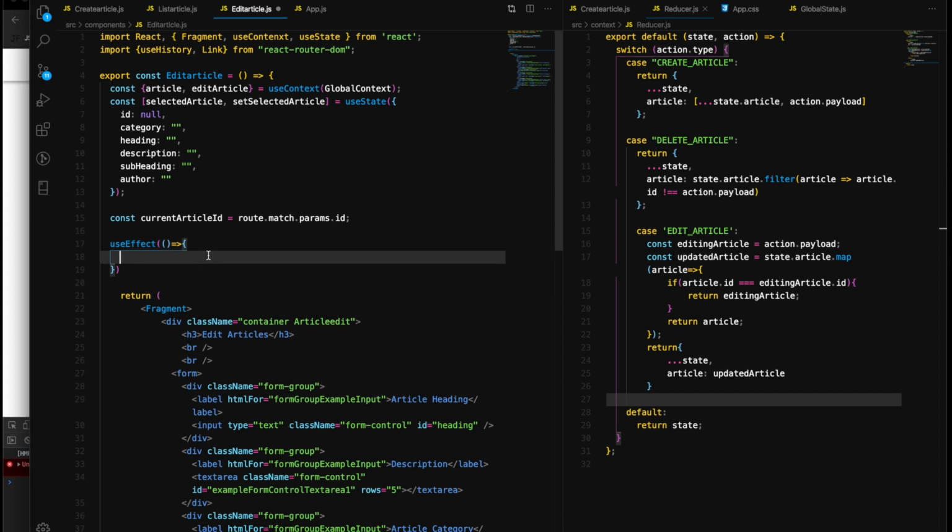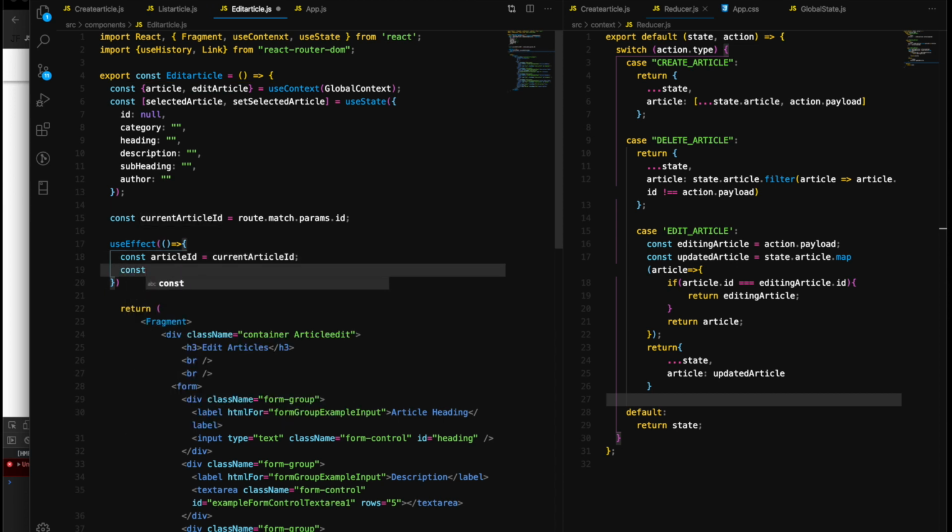So here we can write something like article ID is the current article right here, and then selected article would be article